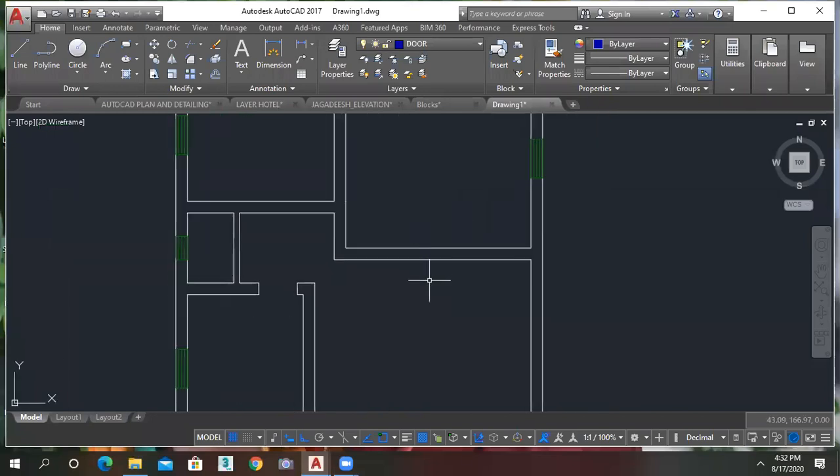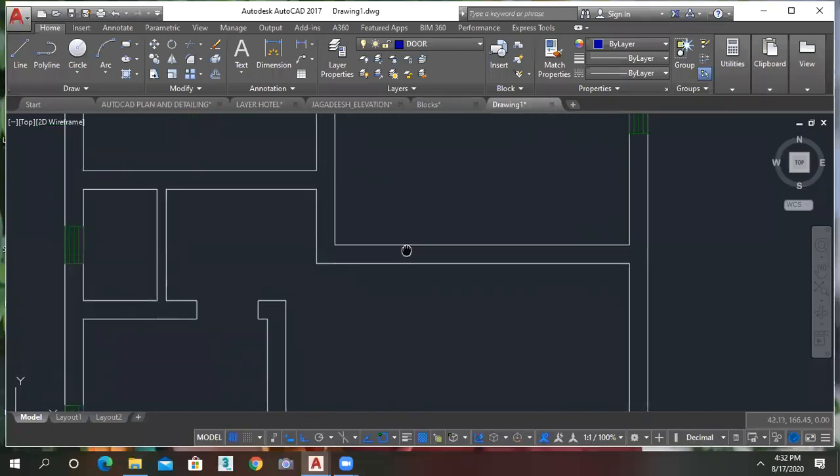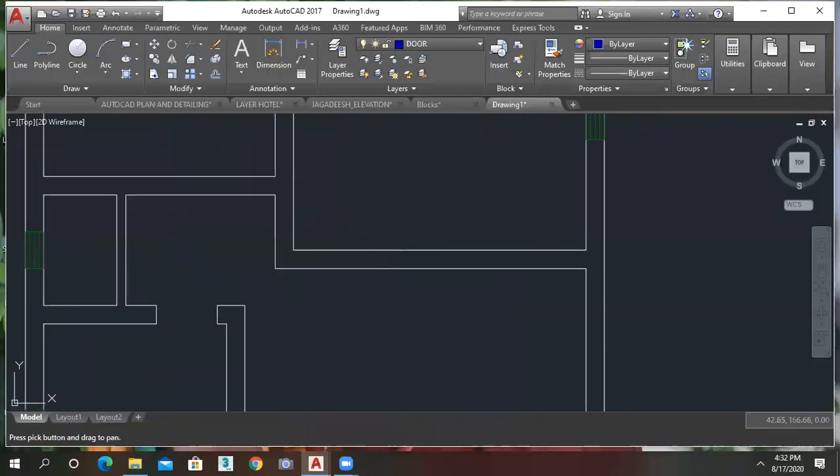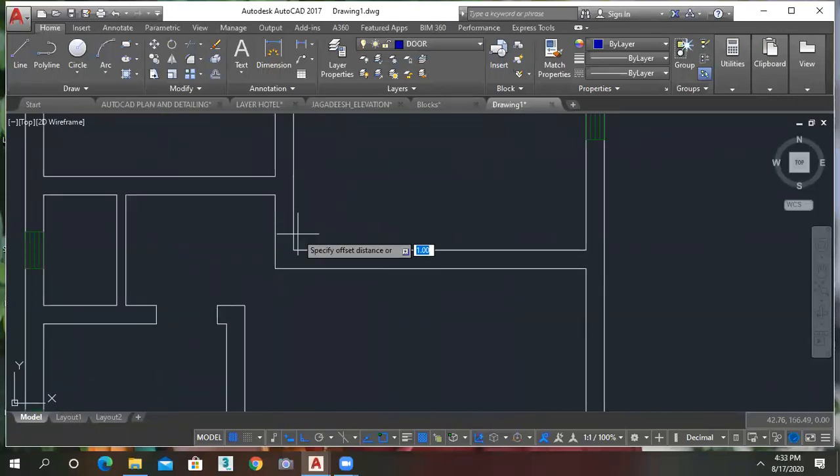For the dining also, I want to create the door here. Okay, offset same 0.15 for the room and 1 meter for the door. Just extend this line and trim this.